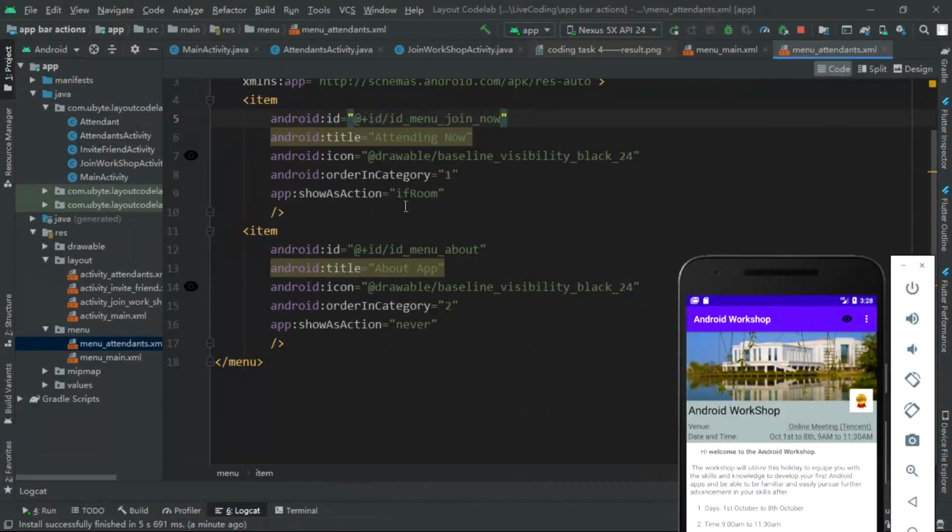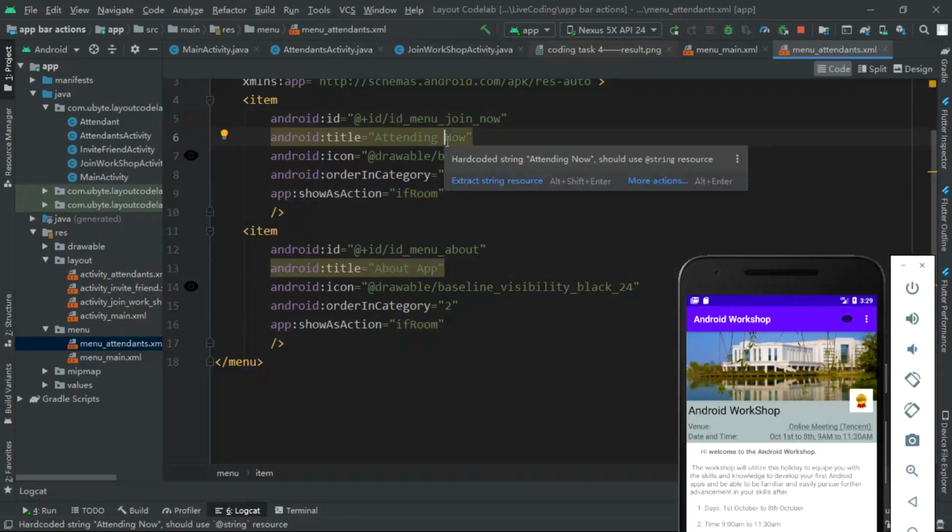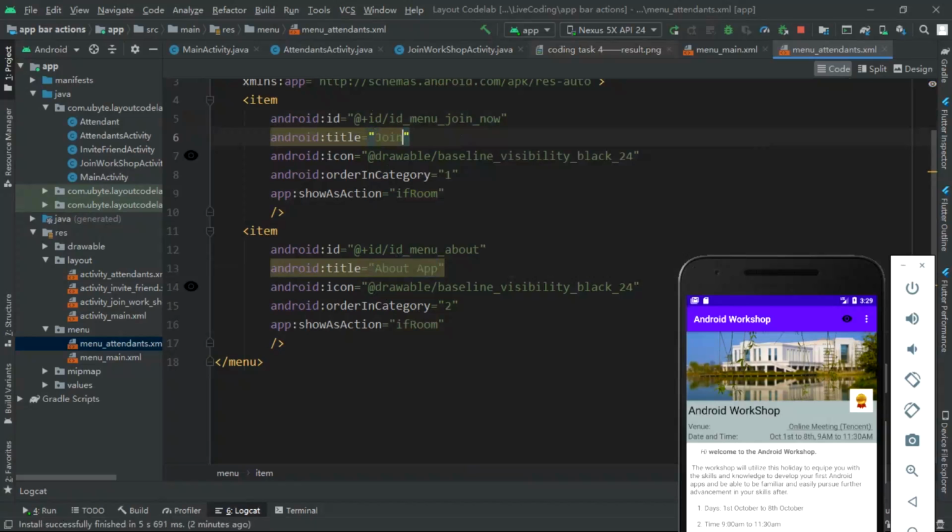And the first one, both of them are appearing as actions, so we shall change this one to "if room", and also this is "attending now". No, this one is supposed to be "join now", not "attending now". Change this one to "join now", and it's supposed to use a different drawable, which is